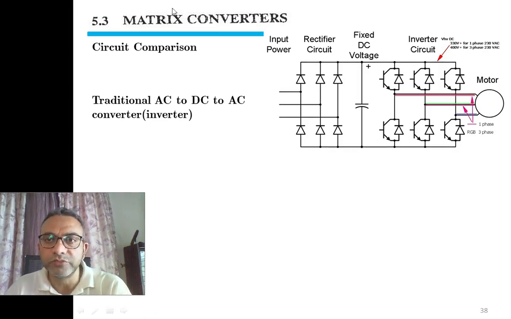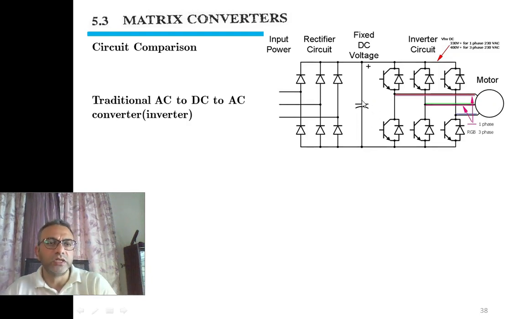So in the circuit diagram shown, this is the input where we will supply three-phase AC. This AC will be rectified using the three-phase rectifier circuit. We are using simply 6 diodes. Then this DC voltage is stored in a DC link capacitor here, we store DC energy over here.